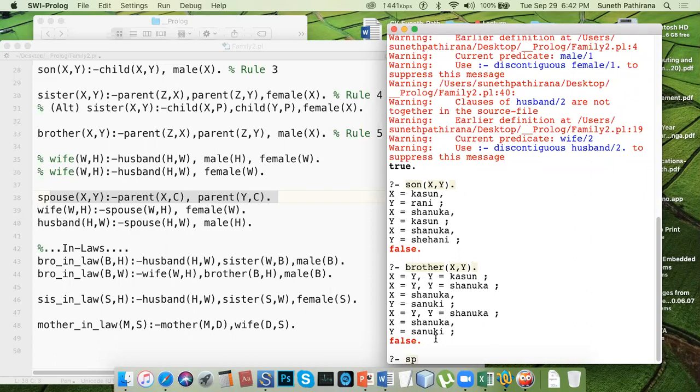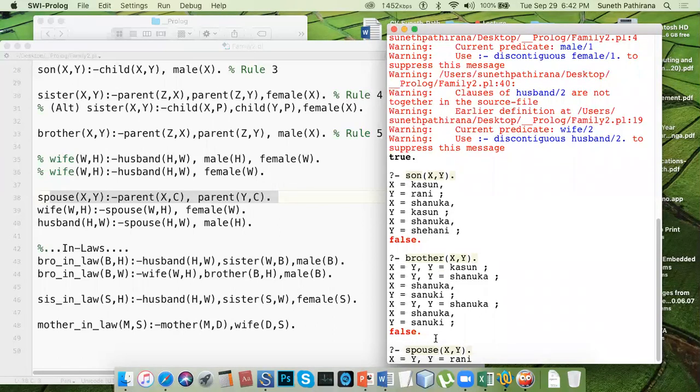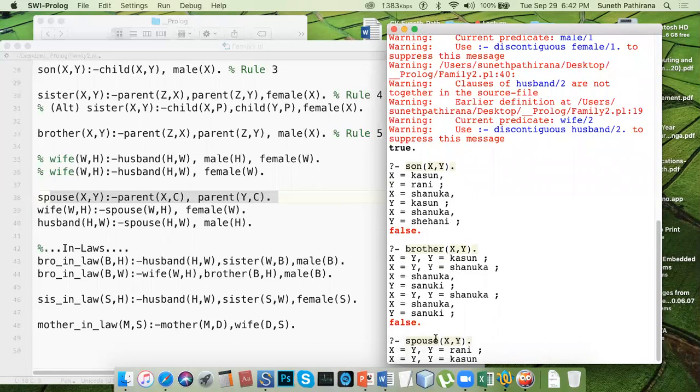Then we have to check these spouse relationships. Let's check x and y. So this can be a symmetric relationship. That means Rani becomes a spouse for herself. So we can later improve this program to avoid this kind of nonsense. Otherwise, since this is a symmetric relationship, both spouses have the same rights. That means they don't have a unique gender, and they maintain a similar ranking. That's why it is being misinterpreted.